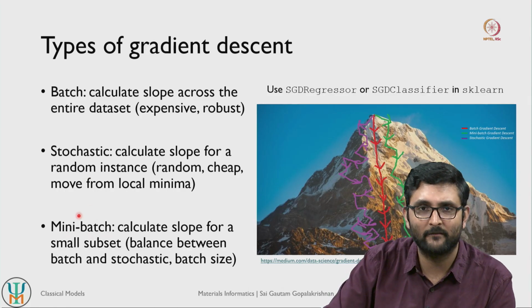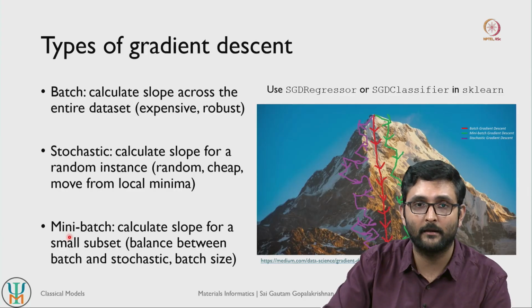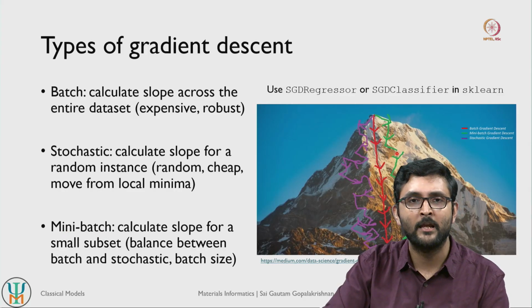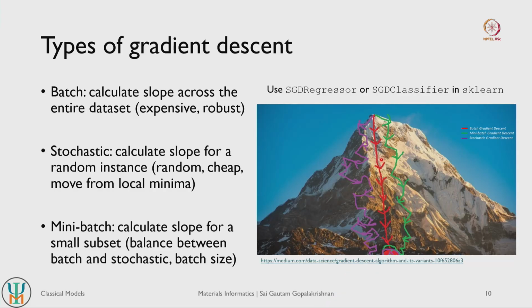So mini batch is very commonly used in many of the modern machine learning algorithms. You can also use this image here to get a sense of how these different gradient descent types work. If you have batch gradient descent, you see that it is systematically going down your error function. If you have stochastic, you see that it is oscillating quite a bit as it goes down, and if you have mini batch, it probably oscillates a little bit, but it is able to systematically go down better than your stochastic. So this is how you can visually interpret batch, stochastic and mini batch.